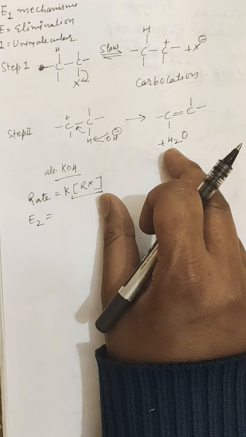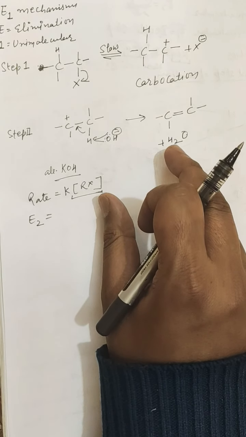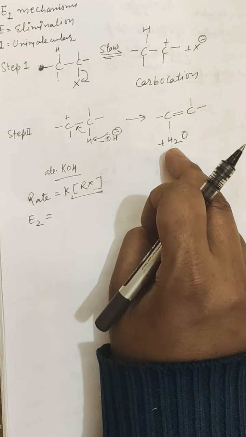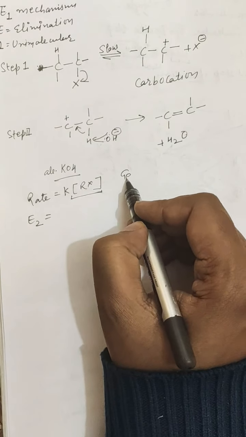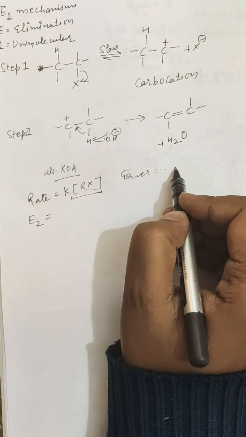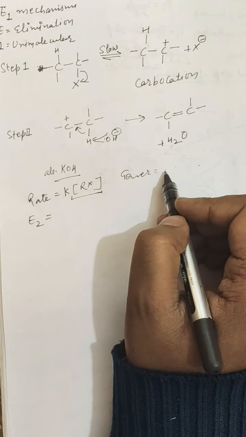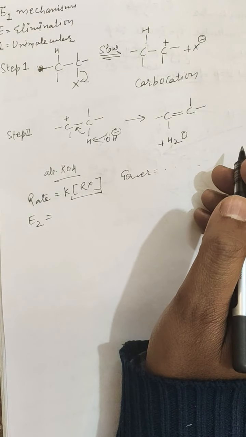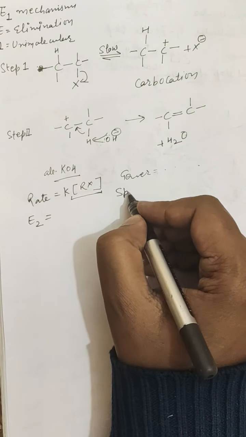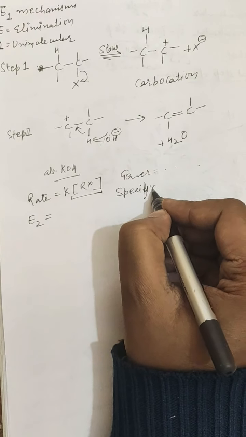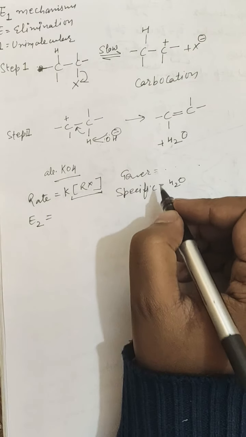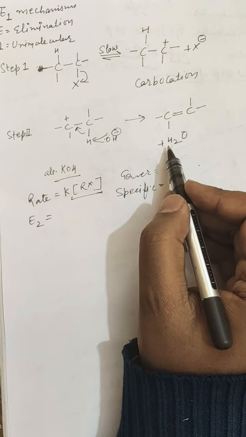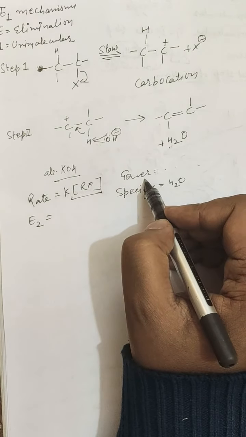Elimination is a general term, but in case of dehydrohalogenation there is the loss of a molecule of water. So one is the general term and the other is the specific term. General means which covers all the criteria or all the molecules. They can be water or some other molecule. But when we talk specifically, then specific means we are talking about either water or some other molecule like ammonia. So here specifically there is the loss of water, and generally there is elimination.